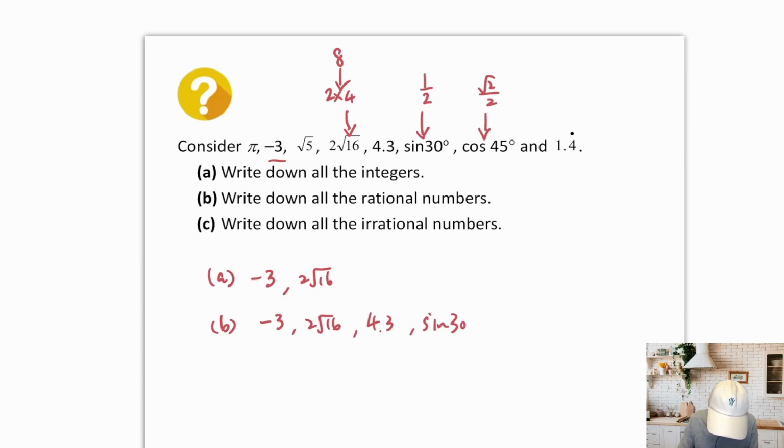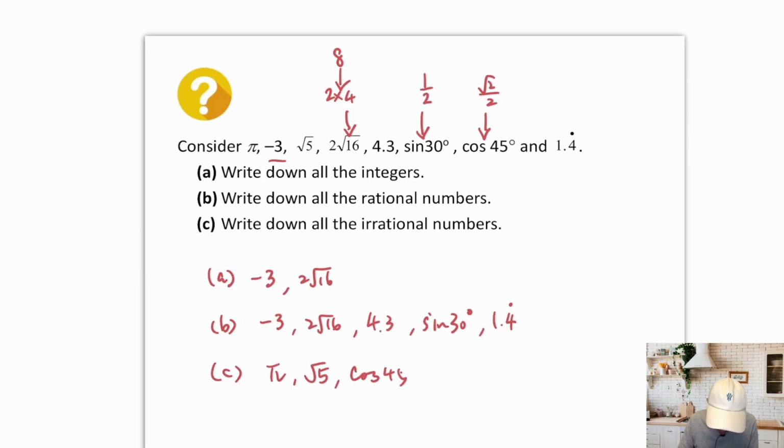Sine 30 degree itself is a fraction. Cosine 45 degree is also a fraction, but on the top, root 2 is not a rational number, so cosine 45 degree should be an irrational number. And the last one, 1.4 with a dot, is a recurrent decimal, so it is a rational number. Part C, write down all the irrational numbers. Please note that all numbers are either rational or irrational, so the remaining numbers are all irrational numbers. They are pi, root 5,